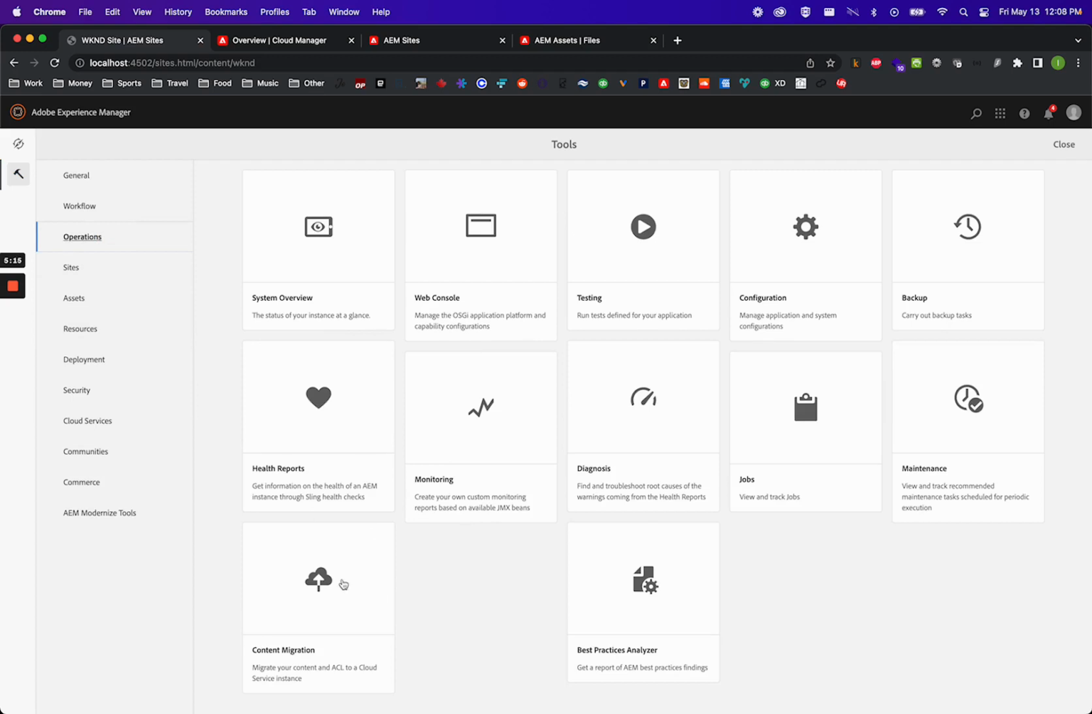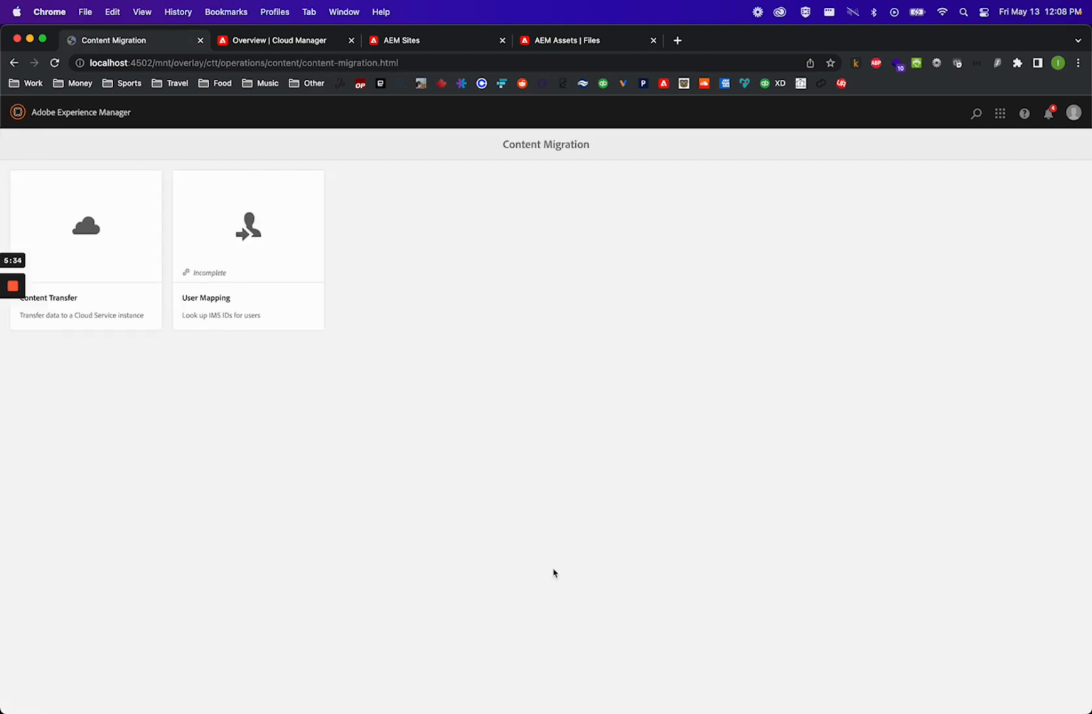It is something that you have to install through the package manager. So generally speaking, that means that you have to go to the software downloading portal, download the content transfer tool, and install it via package manager. Once you do that, it will appear here in the operations section. So we can go in here, click on content migration, click on content transfer,